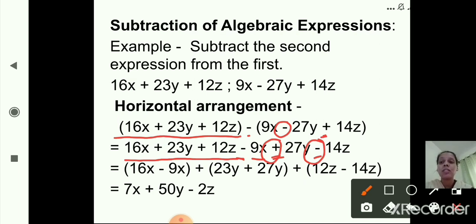So in the second step you will remove the bracket. The first bracket you will write down as it is, no sign change in the first bracket. Now in the second bracket the signs inside the bracket will change. If there is a minus sign you will write it as plus. If there is a plus sign you will write it as minus. Why? Because outside the bracket there is a minus sign. So minus minus becomes plus and minus plus is minus.